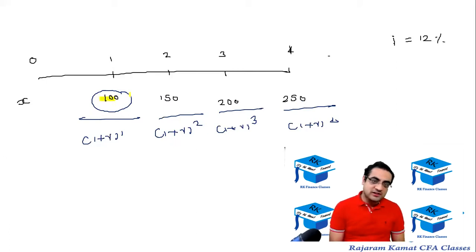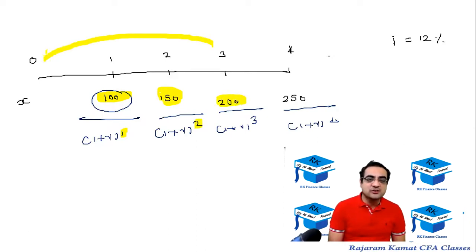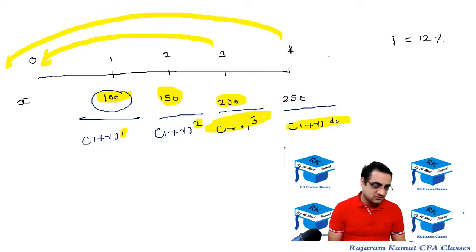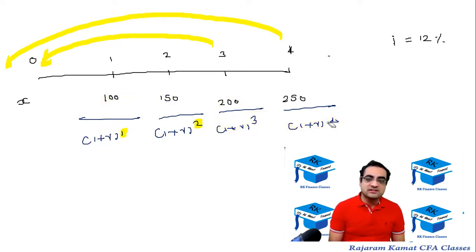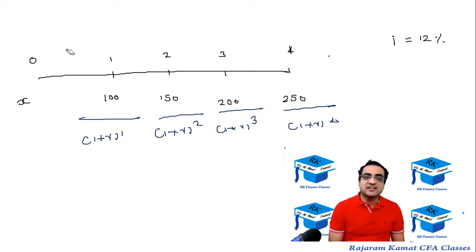This cash flow, you are taking it back from year 1 to year 0 and hence 1 plus r raised to 1. This cash flow, taking it back by 2 years, so divided by 1 plus r square. This cash flow, you're taking it back from year 3 to year 0, so 1 plus r raised to 3. And this you're taking it back by 4 years and hence 1 plus r raised to 4. So get each cash flow discounted back to year 0 separately and then add it. So you'll get 4 answers, then add those 4 answers. Let's get the first one.